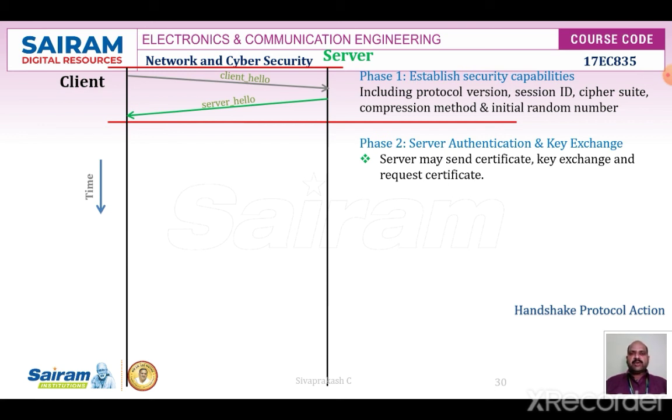In the sense, we have to use an IV value which is going to be present over there. Then we enter into phase 2, which is server authentication and key exchange. Here the server begins the phase by sending its certificate. If it needs to be authenticated, it needs its certificate, so that the message contains